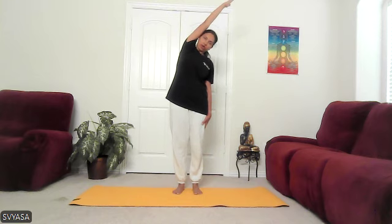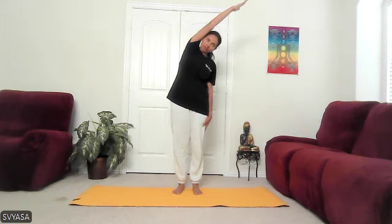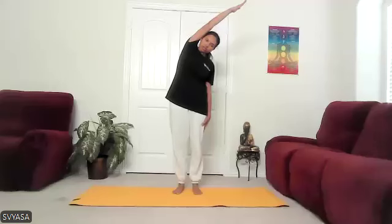As upward as possible. Whenever you're ready, exhale and bend laterally towards your left side. Do not bend forward, but lateral. Make sure that you're bending laterally. Your elbows must be straight. Normal breathing. Now bring your attention to all the stretch on the right side